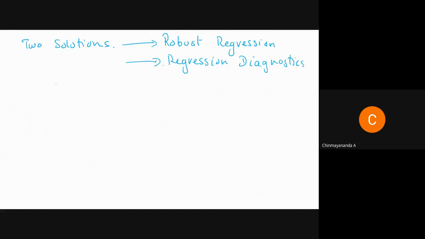Okay, so what is robust regression doing? Let me call it RR and RD. So what is robust regression doing? It's something like a least squares fit, but there'll be some minor changes. It takes into account the whole of the data. Okay, regression made on the complete data set.